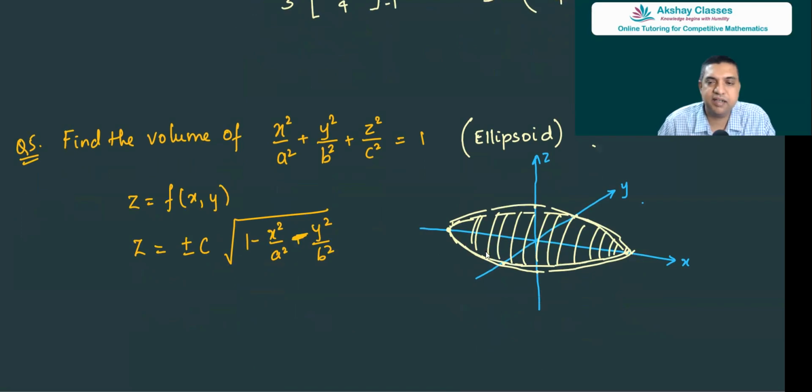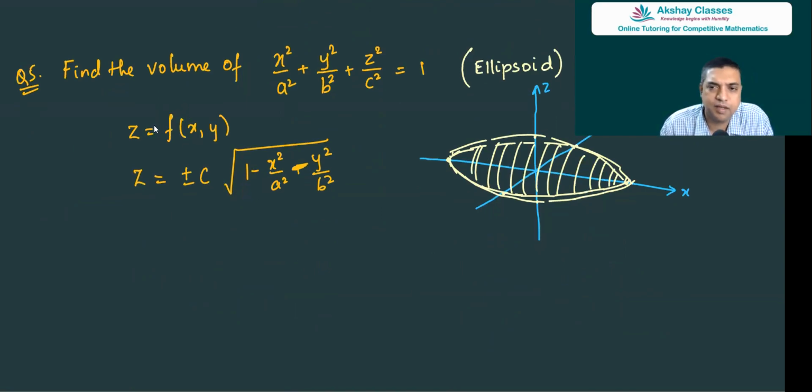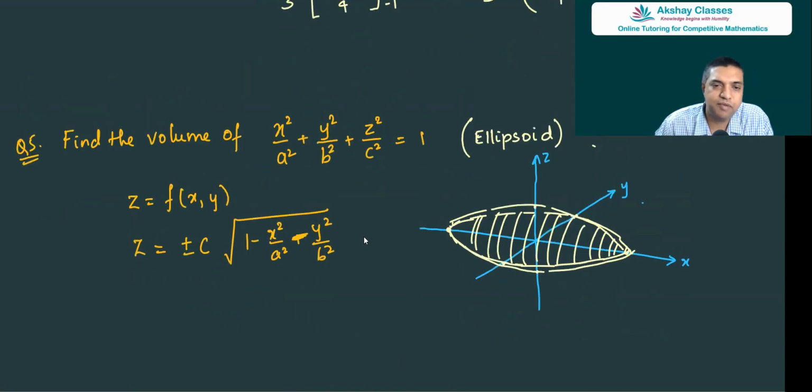The plus sign tells the portion of the volume lying above the xy plane. The minus sign is the portion of the volume below it. Okay, so now when you have to integrate,